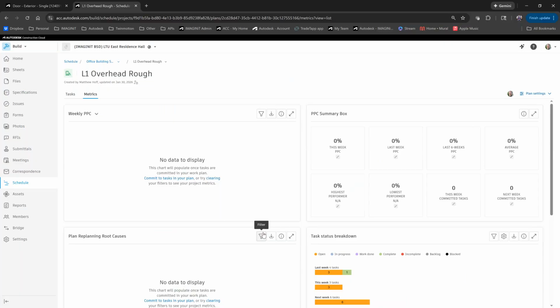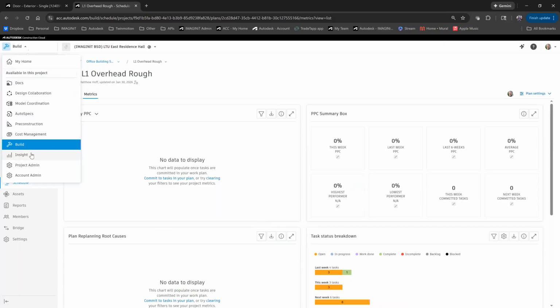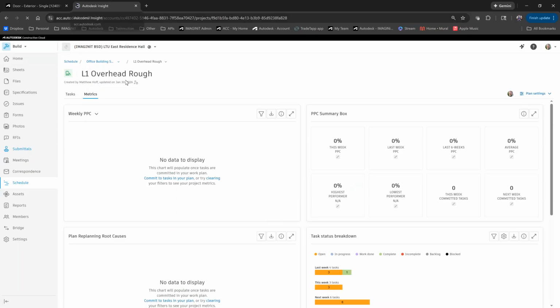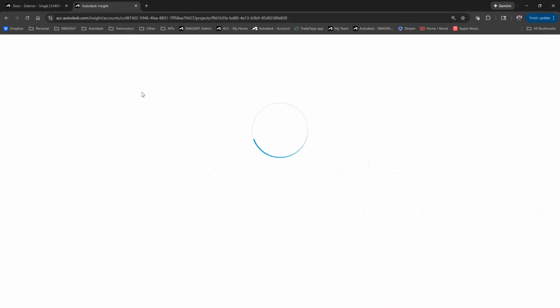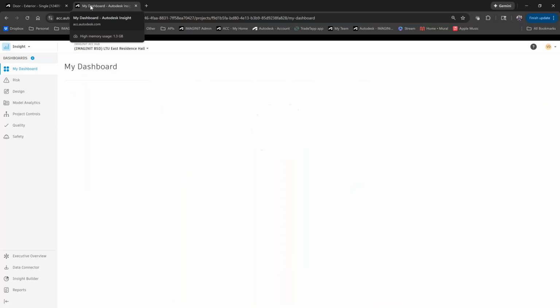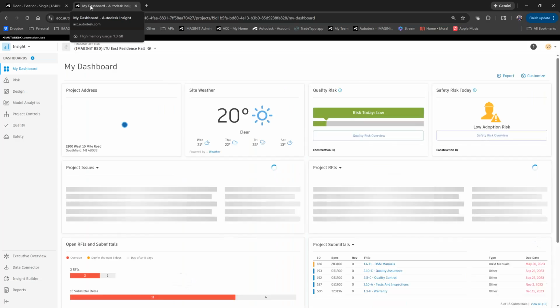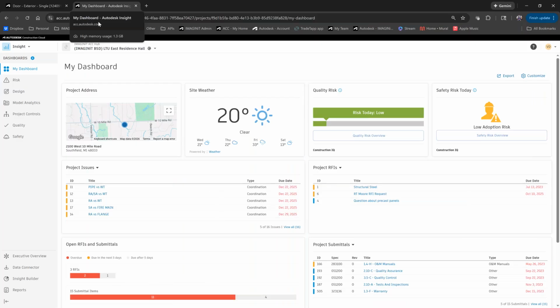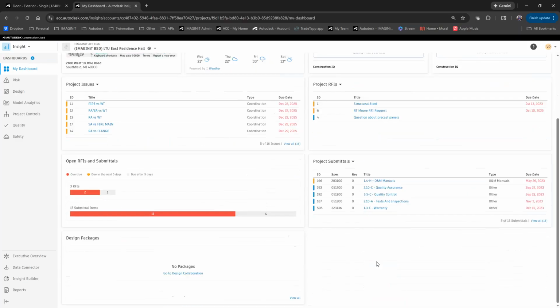But there are additional tools in ACC. If I go into my project insights page, if we want to have more control over what we're reporting, how we're reporting it in a visual, every project has its own dedicated Autodesk Insights, which do have, like this one we're looking at here, I call these stock cards. They just come with the program, very similar to that metrics page I was looking at. But if we wanted to customize these views and start to embed things like Power BI reports into an insight view,